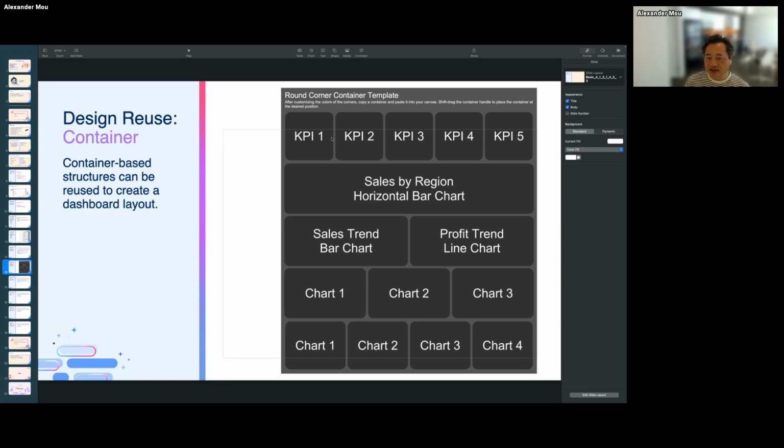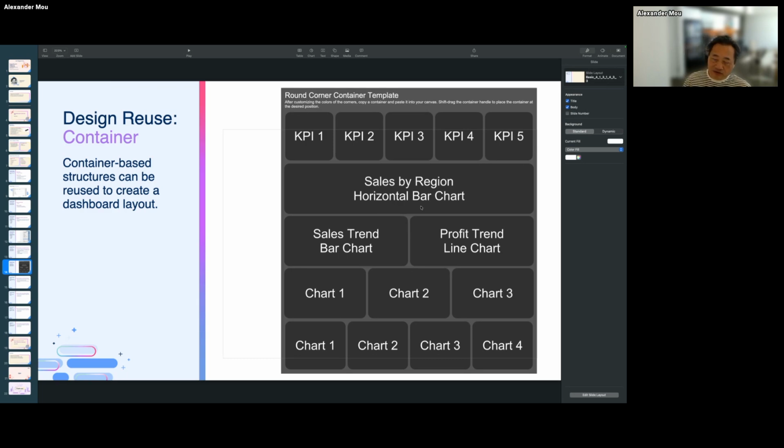So I used a trick to create round corner containers. Anyway, this is how I start a dashboard project, by designing the layout.